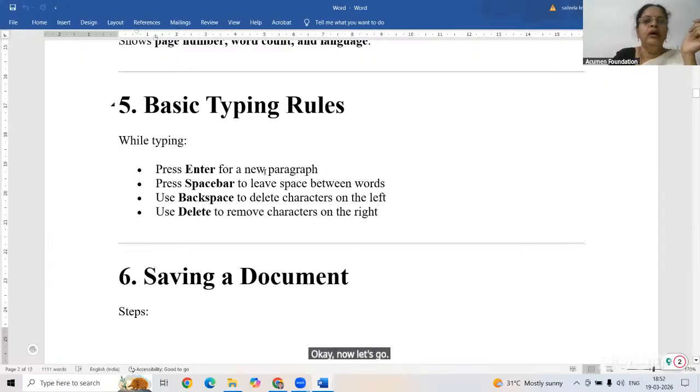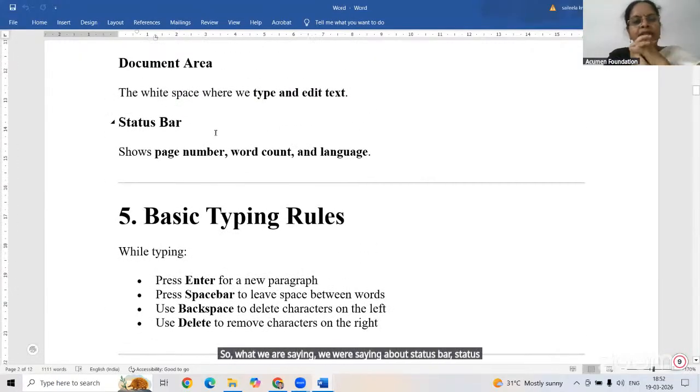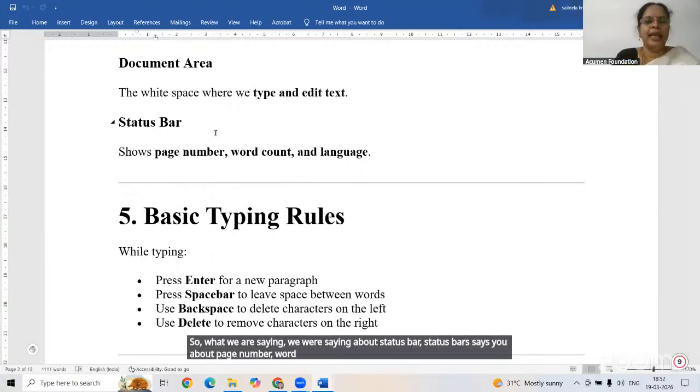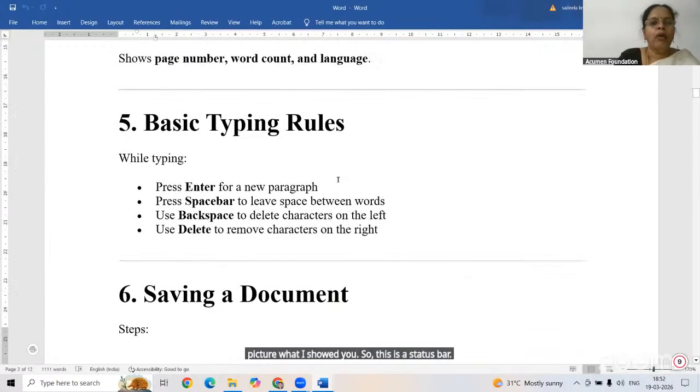So what we were seeing about the status bar. The status bar tells you about the page number, word count, and language. You saw that there was English India written on the picture that I have shown you. So this is a status bar. Okay, now